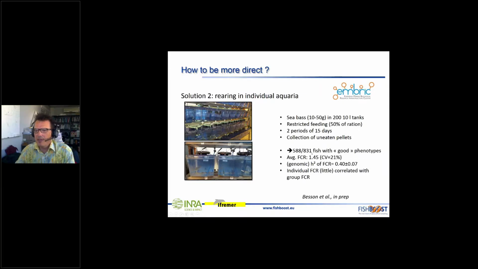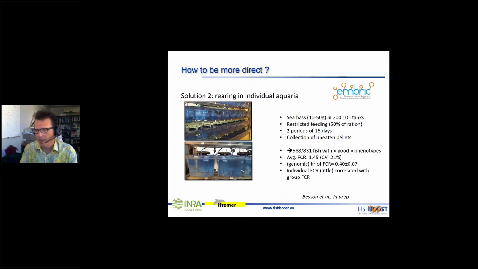831 fish in the system over 7 months, and he managed to have almost 600 fish with good phenotypes, so reasonable FCR and fish that grow in the system. The average FCR of this fish is 1.45 with a reasonable CV also. And this time, with our SNP chip, we could estimate the genomic heritability of FCR, and it's 0.40, so really